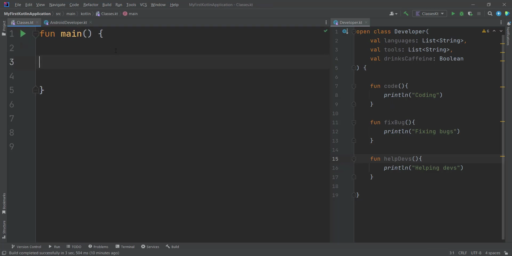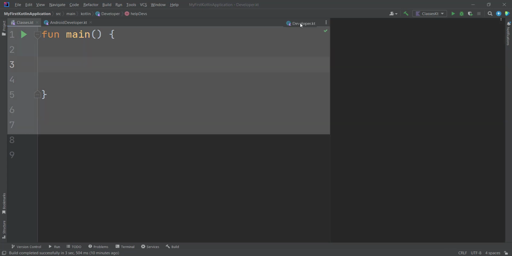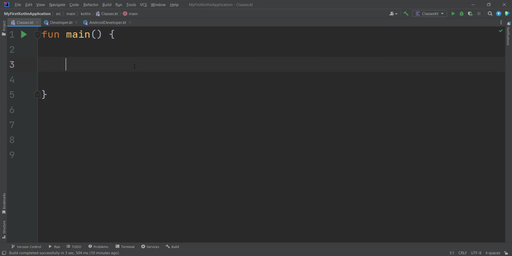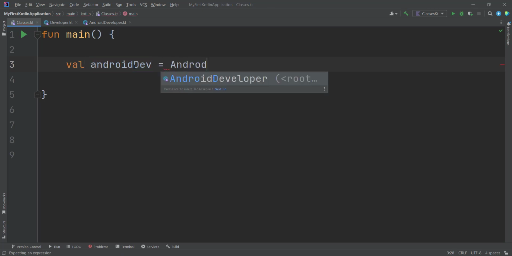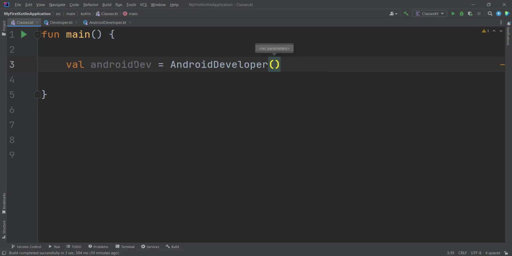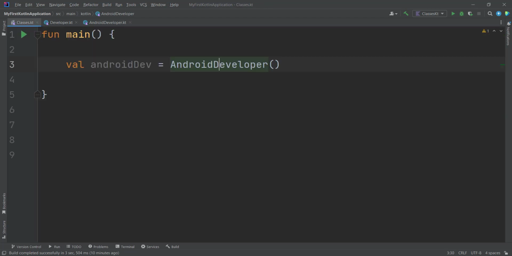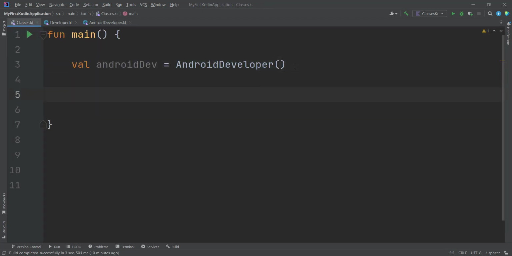So go back to our main function and make an instance of our Android developer class. So val androidDev is equal to AndroidDeveloper. And here we don't have to enter anything for the constructor as we don't have a constructor for our Android developer class. Great. Now let's just print the properties that we set within the class, like androidDev.languages,